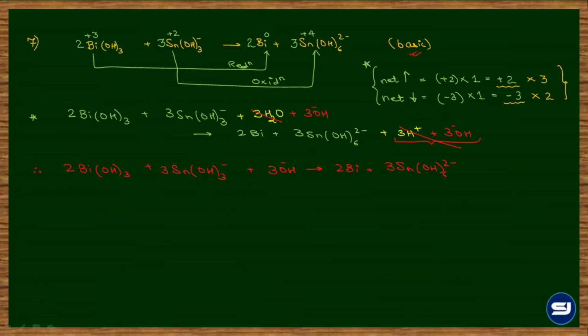ठीक है. और questions क्या क्या आ सकते हैं? I'll just give you an idea. So basically the first question would be, which species is undergoing reduction? So we can say bismuth is undergoing reduction and tin is undergoing oxidation. ये हो गया first question. ठीक है. The species undergoing oxidation would behave as a reducing agent, and the species undergoing reduction would behave as an oxidizing agent.